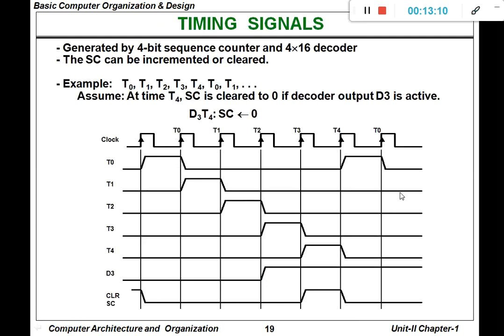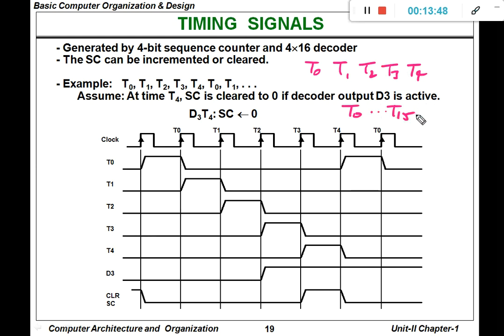Based on this timing and control logic, let us consider a particular scenario. What is that scenario? Clock pulses T0, T1, T2, T3, T4 are generated. We have seen that the clock pulses are generated from T0 to T15, because the output of the 4/16 decoder is 16 different possibilities.